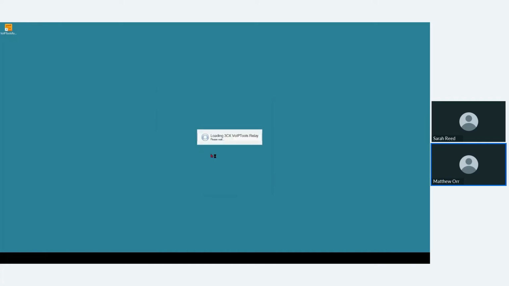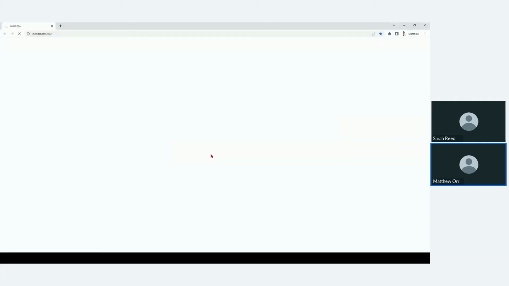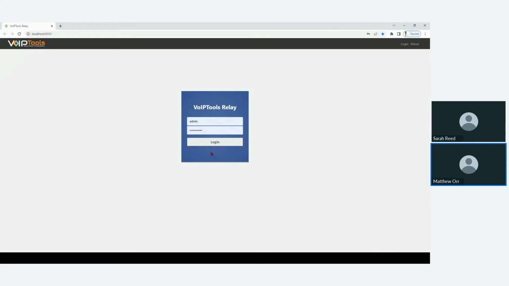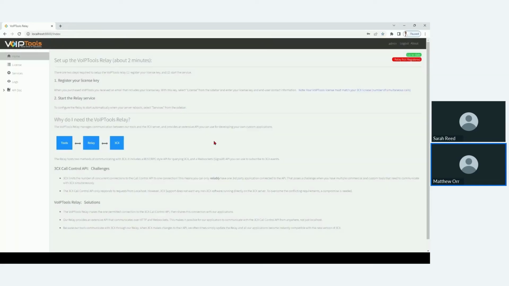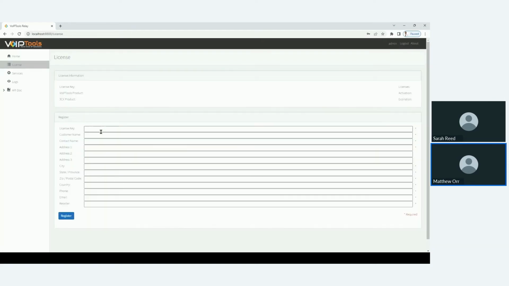So once you've completed the install, just click on the Start Application. It'll open your browser. And then you log in with your 3CX administrative credentials. And I should point out that if you haven't already